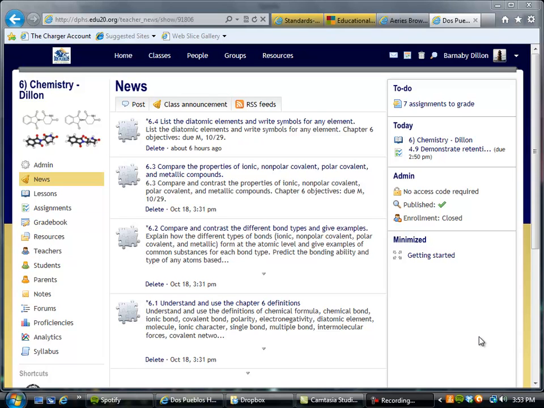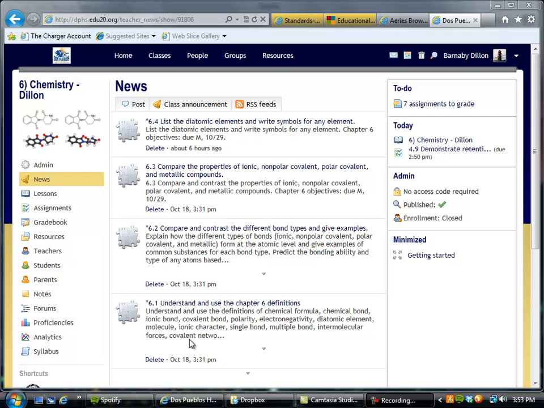I'm going to tell you how to use proficiencies in EDU. A proficiency is a way to tag your assignment with something that's kind of like a standard, so that you can see in science, for example, does a student know how to balance chemical equations by looking at all the assignments or tests that are tagged with that student knows how to balance chemical equations proficiency. So that'll give you a lot more information about what skills each student has and doesn't have